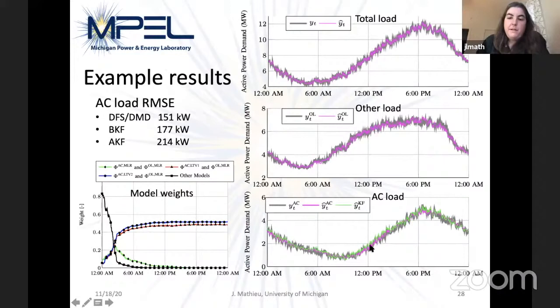In order to be able to benchmark which is best, we can compute the root mean squared error, which is shown over here. So we want this error to be as low as possible. And we can see here for this specific case that the algorithm we're using, DFS-DMD, has the lowest error. And we actually beat the best Kalman filter. Although I'll show you later that we don't always beat the best Kalman filter because, again, it's an unrealistic benchmark. And we do much better than the average Kalman filter. So this approach has the potential to be better than a Kalman filtering type approach, which makes sense because Kalman filters are optimal if everything in your system is linear, but these systems are not linear.